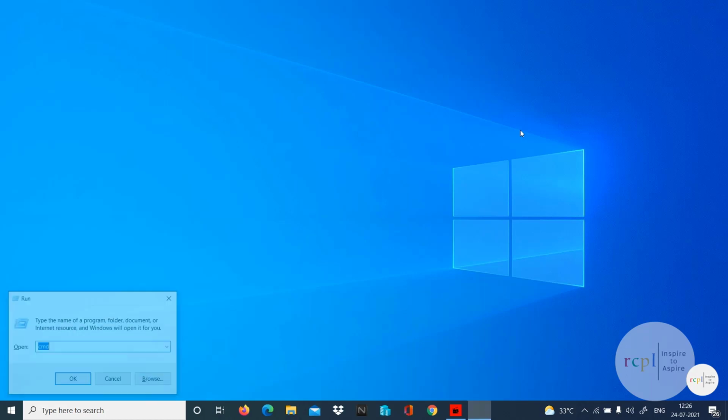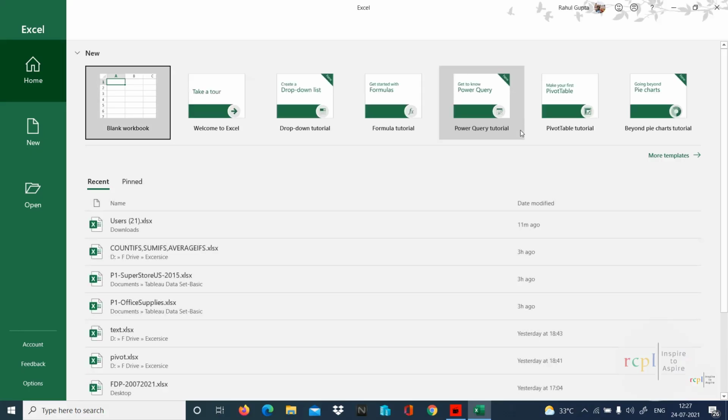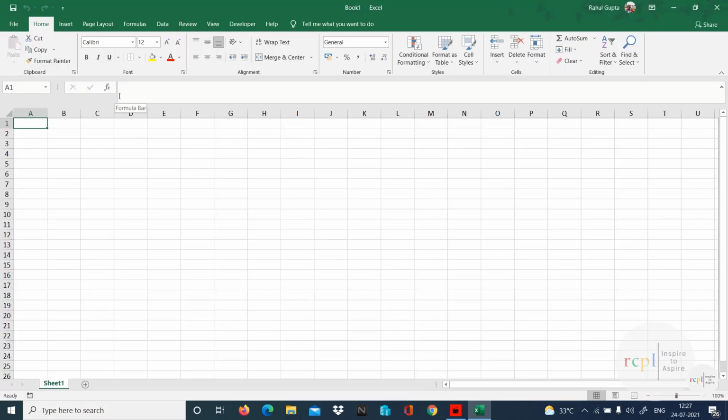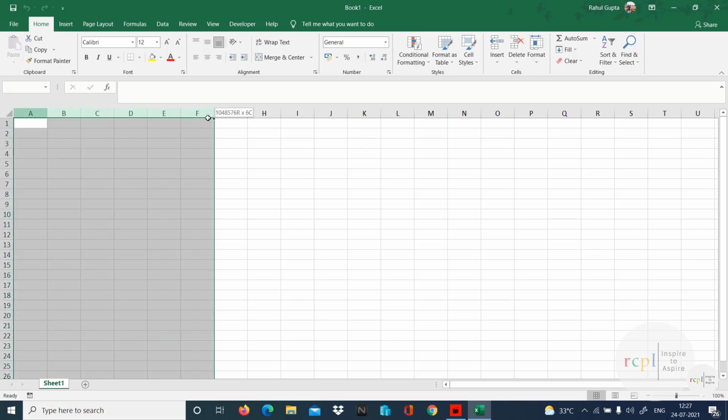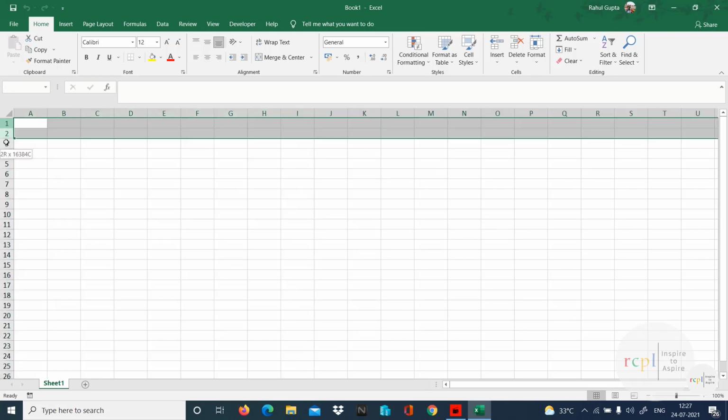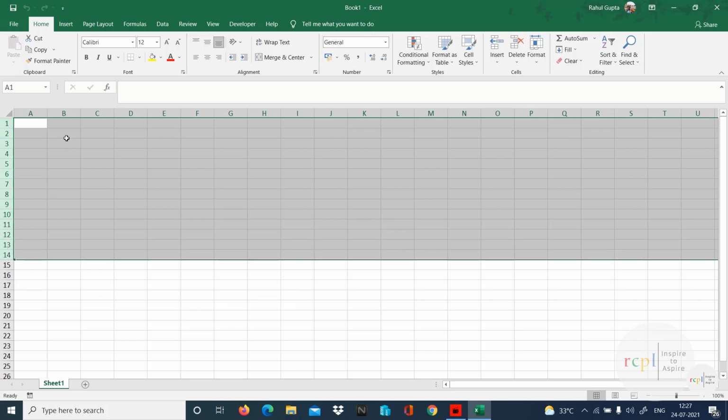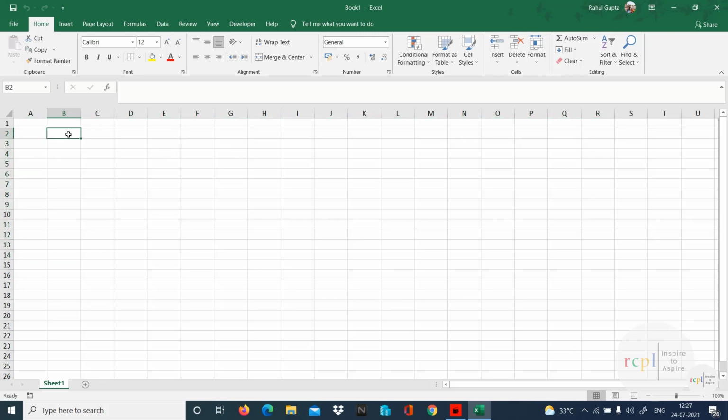So very first I'm going to open Excel. I'll type the shortcut, excel, in Run, and I'll go to a blank worksheet. That's my blank worksheet which I have opened. Now, on the very first day, I always start from the functions. This is the Excel workbook. Only one sheet is there by default. We have columns A, B, C, D, and rows 1, 2, 3, 4. The intersection of these is known as a cell.